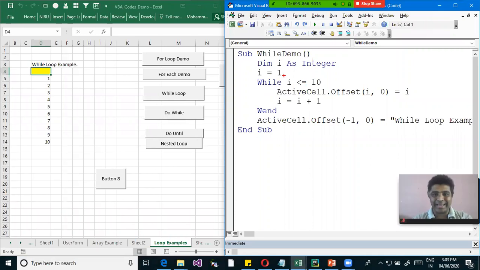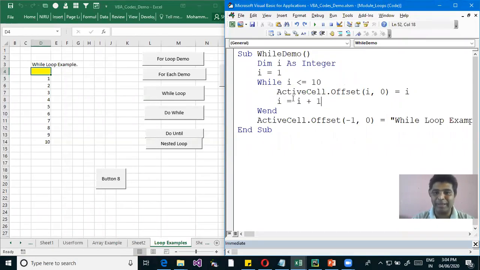While loop is a condition-based loop. It executes based on the condition. As long as the condition is true, the statement keeps on executing. Once it becomes false, the statement stops. And we need to ensure that the condition becomes false somewhere. Just imagine I have done everything but not given this. So this becomes an infinite loop, and your Excel sheet itself will hang,